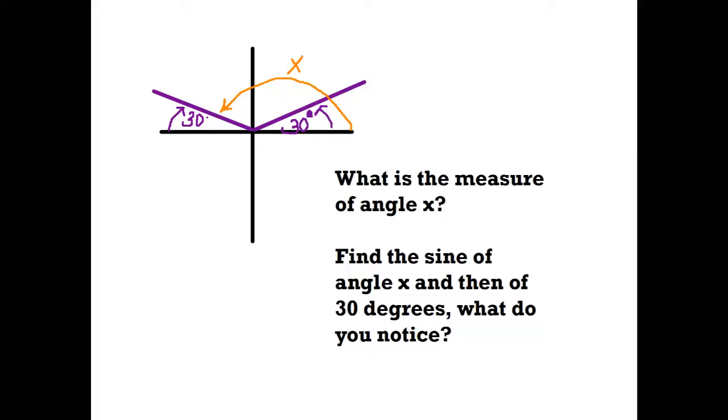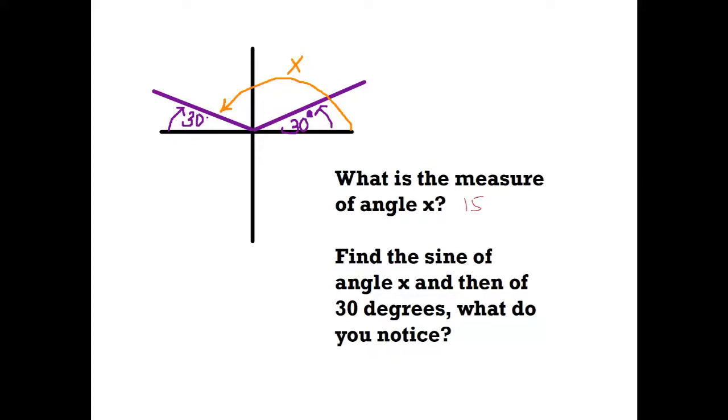In this video, we're going to be talking about our second day of law of sines. So before we get into today's lesson, I want you to take a look at the picture on the screen. We have a coordinate plane and we've got an angle x, which is clearly obtuse. And if you take a look at it, the measure of angle x, I hope you can see, would be